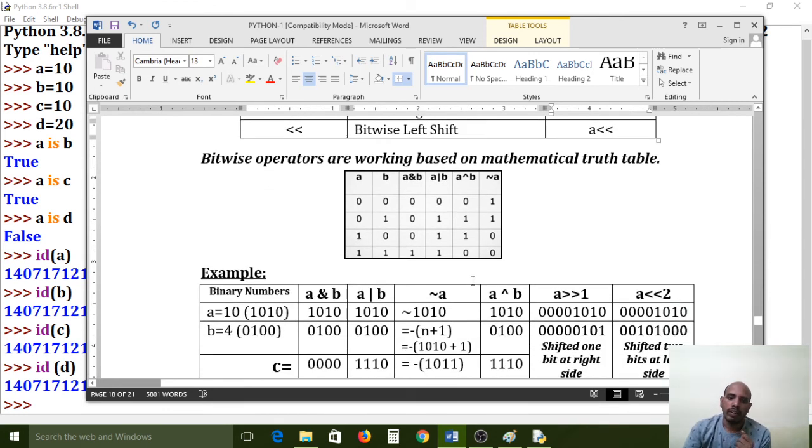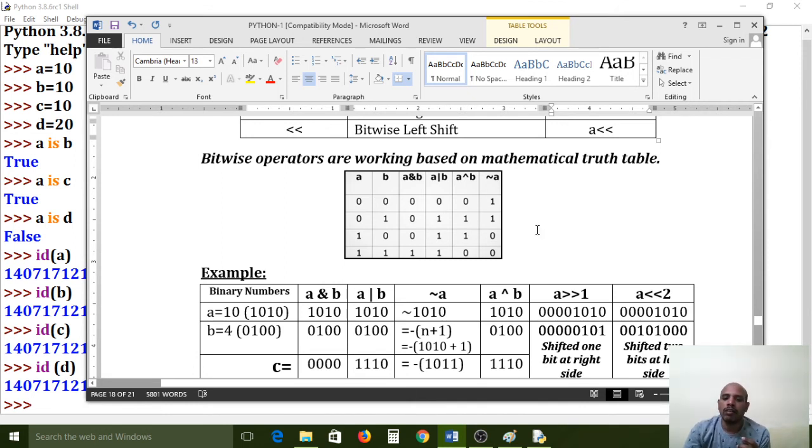Actually, bitwise operators work on mathematical set functions you have learned. A and B, A or B. This table is a truth table; mathematics students can understand it from the sets chapter.